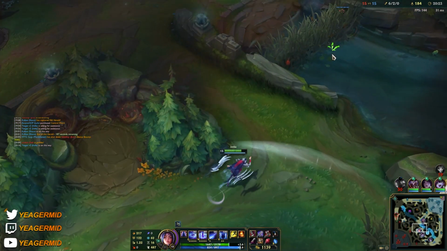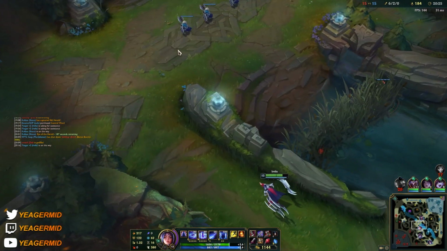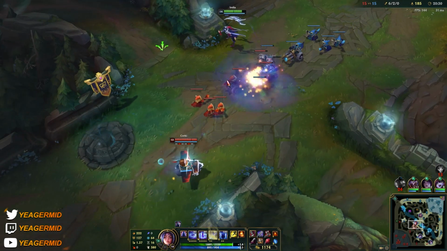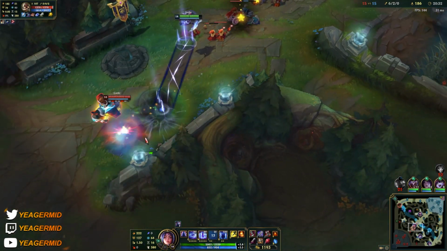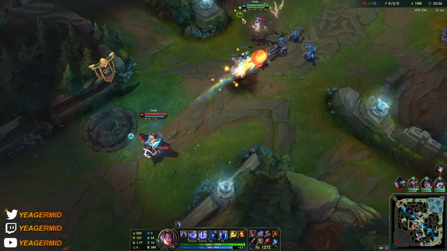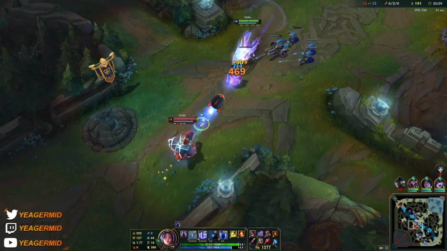So when that happens, honestly, you cannot do much about it. I'll be able to pressure a lot more if I was in the side lane. But do be patient with your E, guys, sometimes you can just wait out for them to use the dashes. Sometimes they will be trying to dodge something that's not coming their way, and that...